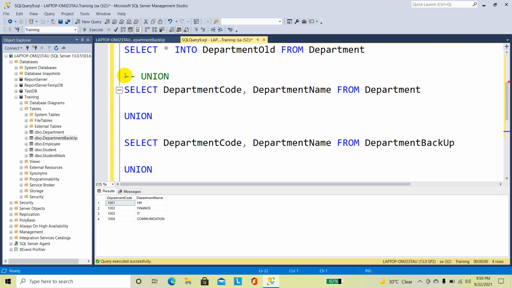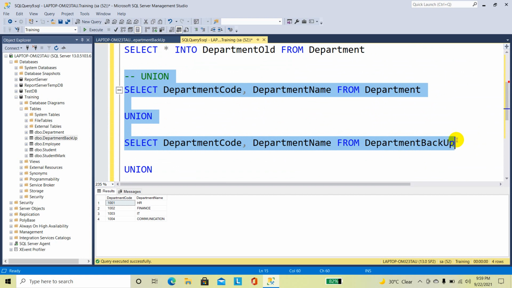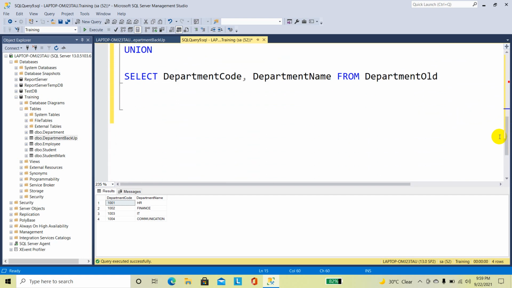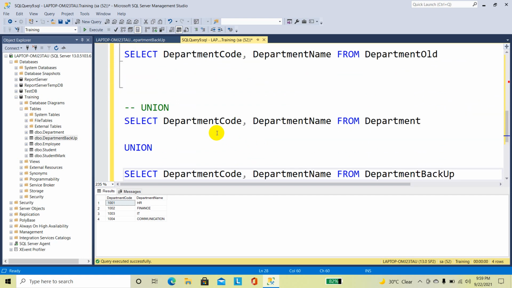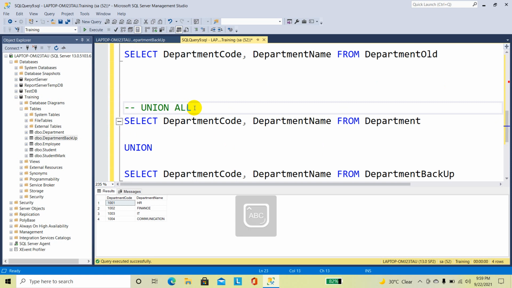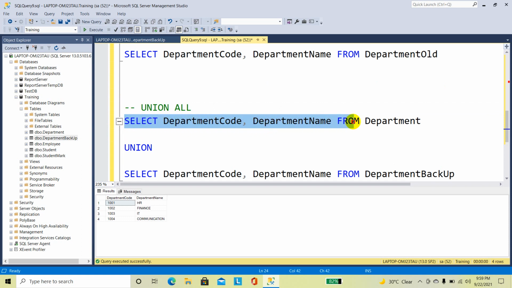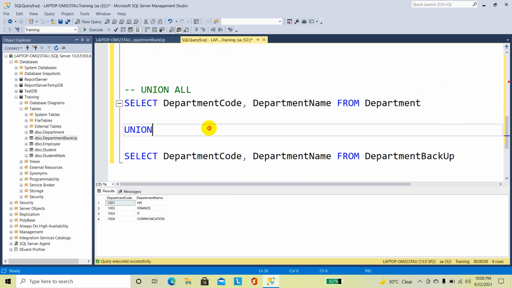So here I am going to copy these statements and paste them here. First I have one select statement. I am selecting department code and department name from the department table and I am going to apply union all. The syntax is union all. Then the second select statement.